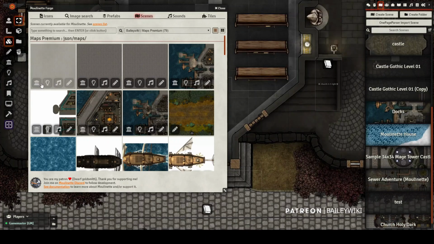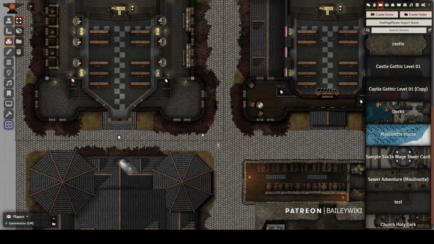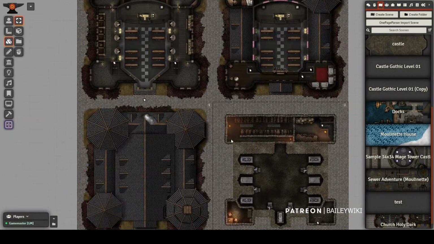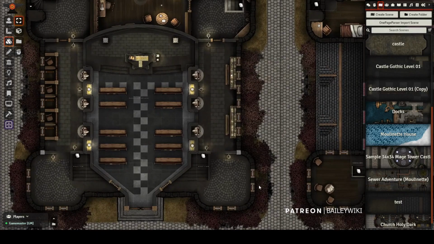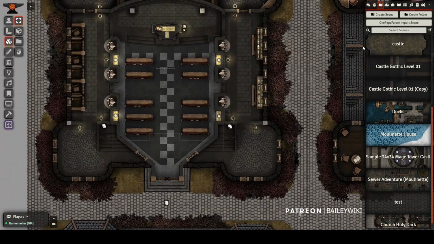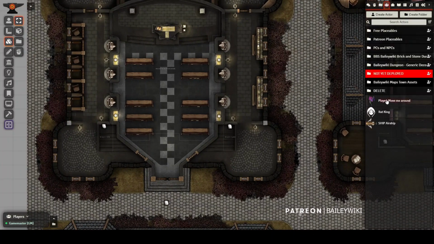By the way, that's what these symbols mean within Moulinette, what's in these scenes that you're about to download. And as you can see, there is my entire dark church, and even complete with sounds. If I drag your player onto here, turn my sound up,